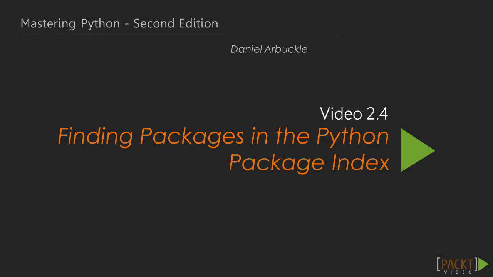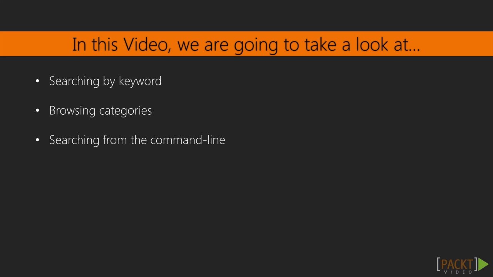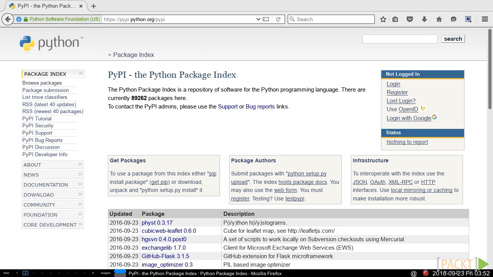Welcome back. In the last video, we saw how to use pip to install packages. In this video, we're going to take a look at how to find packages that we want to install. We've talked about installing packages from the Python package index. But what if we don't have a specific package we need to install? What if we just need a library to help us get the job done, but don't know which specific one